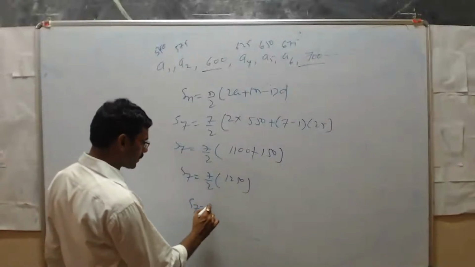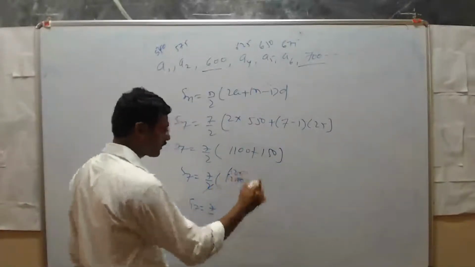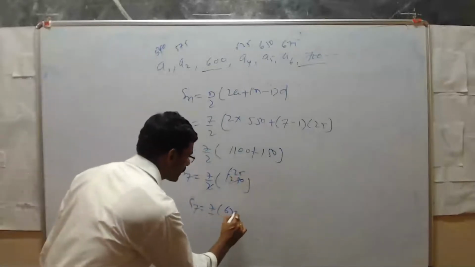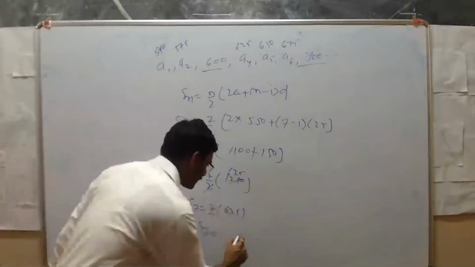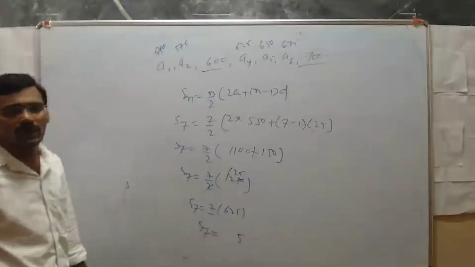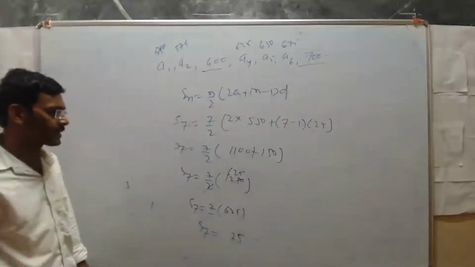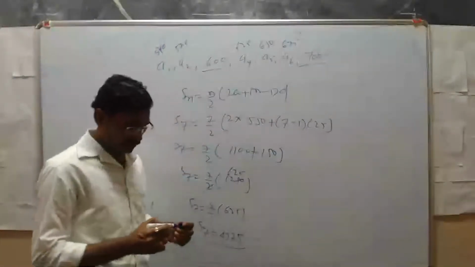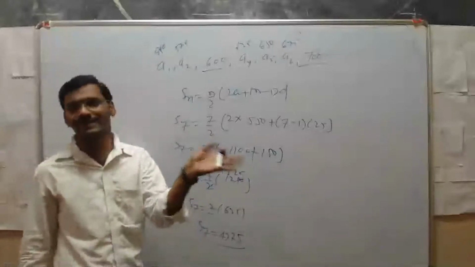Then S7 is equal to 7 into 625, since 2 ones are 625. Therefore, 7 into 625. 5 sevens are 35, carry 3. 2 sevens are 14 plus 3 is 17, carry 1. 6 sevens are 42, 42 plus 1 is 43. Therefore, the answer is 4375. Therefore, the total TVs produced in 7 years